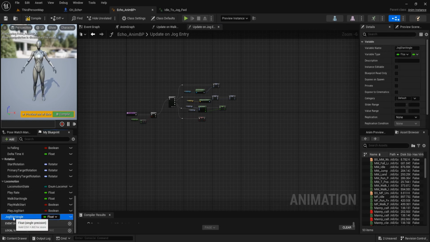Now set this jog start angle to locomotion category.